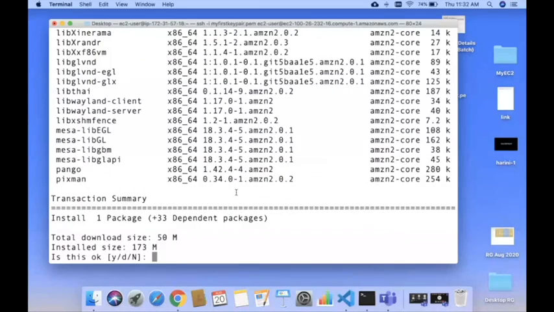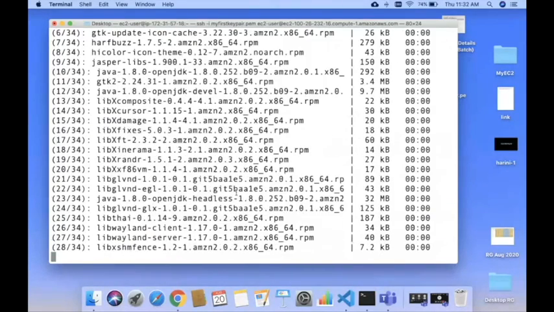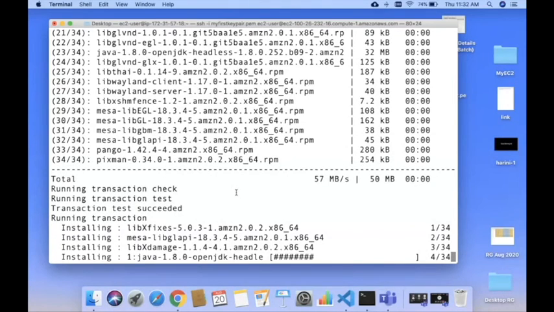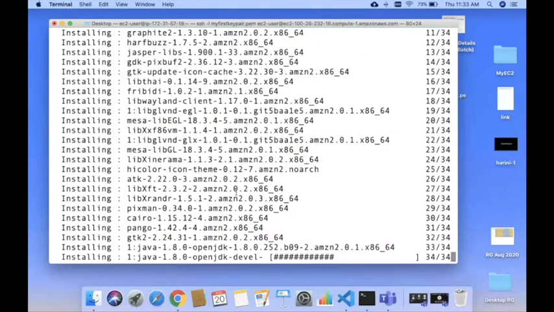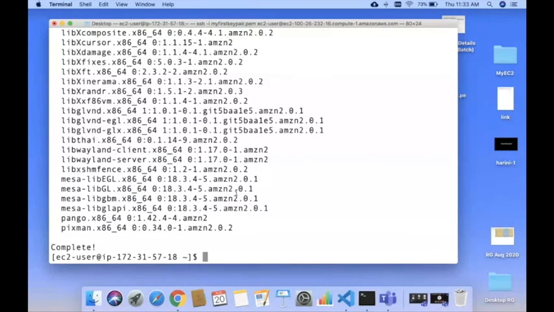This step will complete installing the Java development kit. So it's a two-step process, and we are doing all these operations in the Linux EC2 instance. Now my JRE is installed and my JDK is also installed.